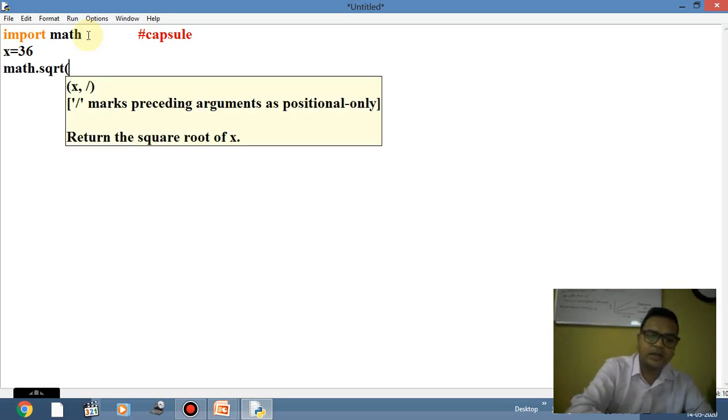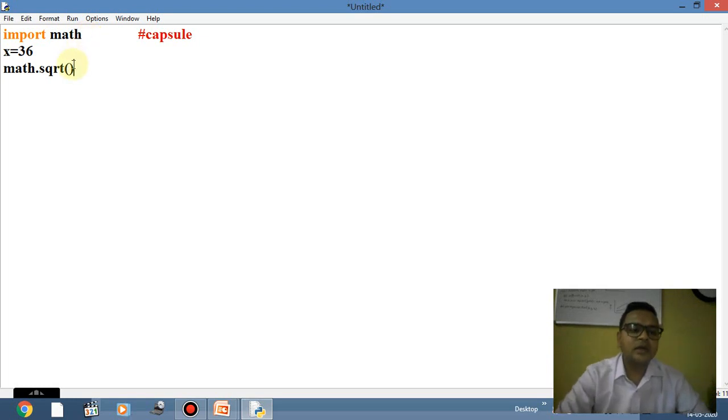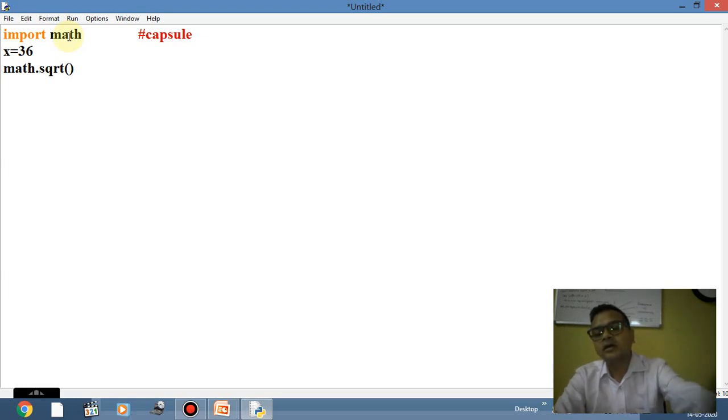I'm using math dot sqrt because math is a capsule name, and that capsule has multiple functions. So I use capsule dot function name, same as I use math dot function name, and here I'll pass x.